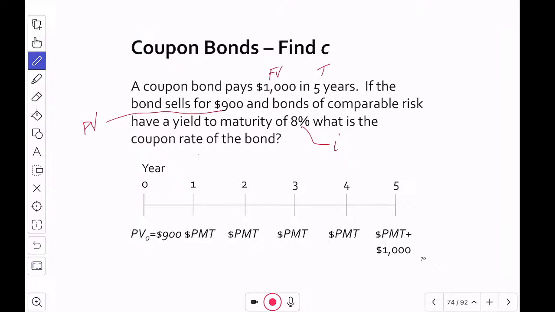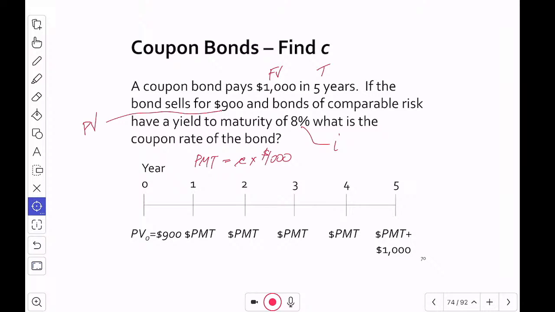Where payment is equal to the coupon rate times 1,000, we need to find the payment. So here's our timeline with the price paid here, it's a negative cash flow, then payments, and then the 1,000 at the end. So setting up the formula,